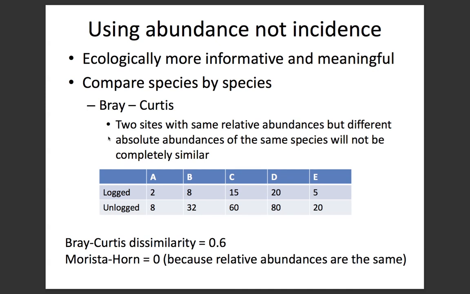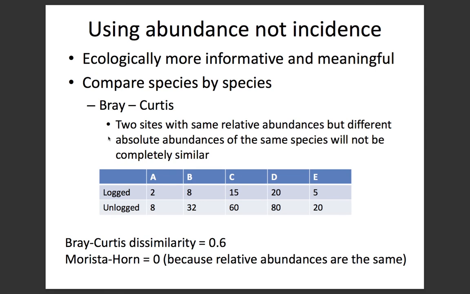But sometimes we want to make measures of dissimilarity that are more than just based on the presence or absence of a species in an assemblage. We would like to use abundance instead of just incidence. It's ecologically more informative and meaningful. And so in this class, we've tended to use the Bray-Curtis index for those. Two sites with the same relative abundance but different absolute abundances of the same species will not be completely similar. And so if we calculate it with the Bray-Curtis dissimilarity, we reach a maximum of about 0.6 here,